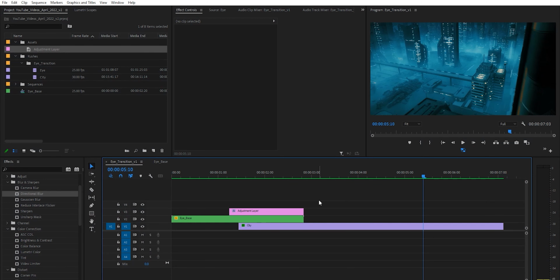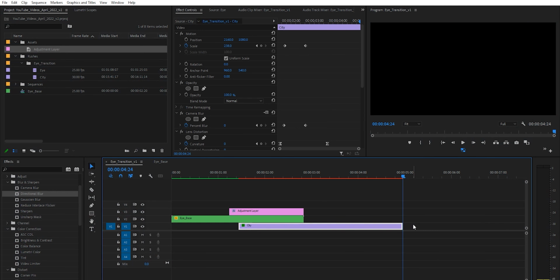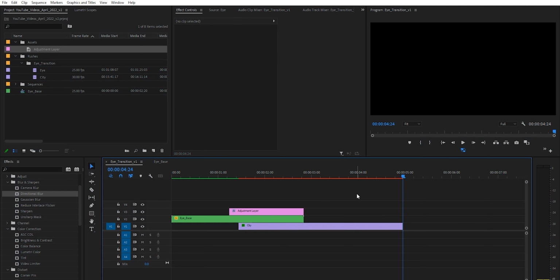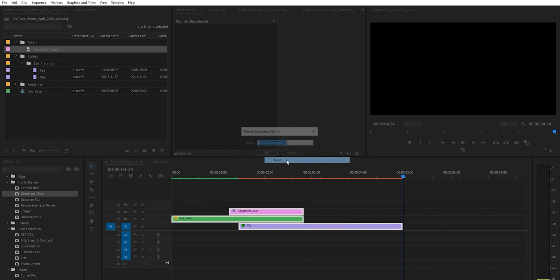Now that's already looking pretty cool, but there's a couple more things that I want to do just to finish it off. The first thing we're going to do is, I've just realised I don't need the rest of this, so let's get rid of that. I am going to take all of these layers and make them into a new nest, and we're going to call this eye